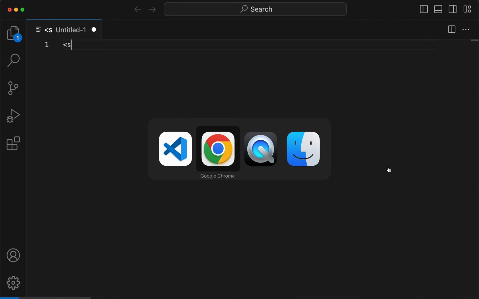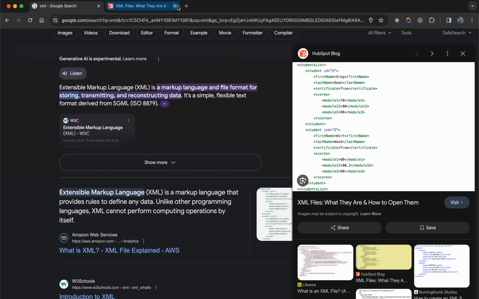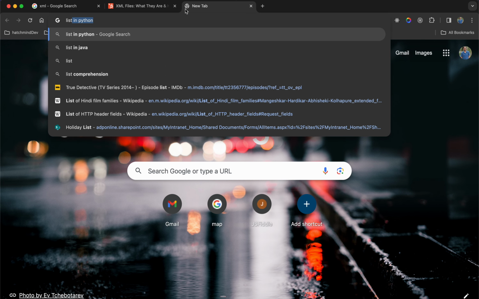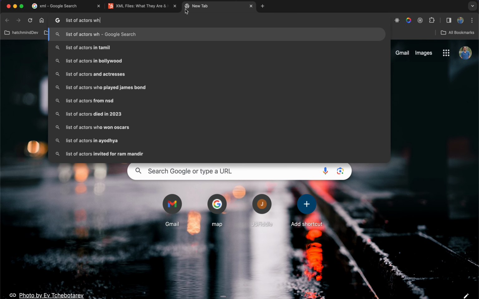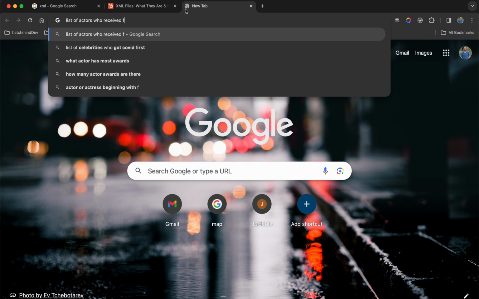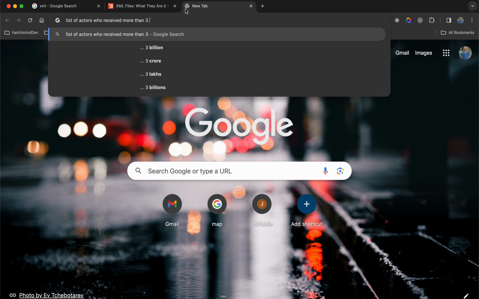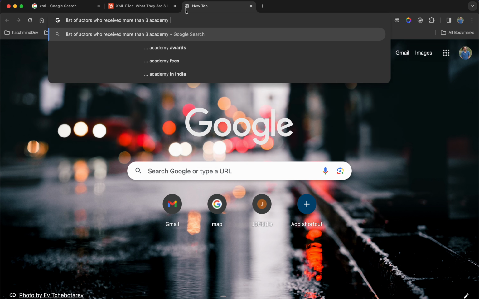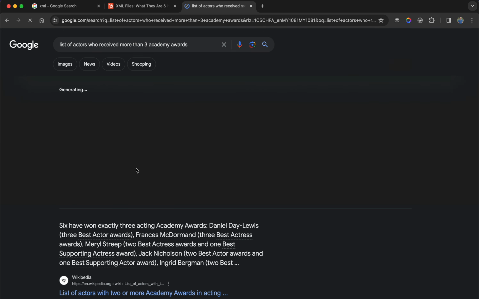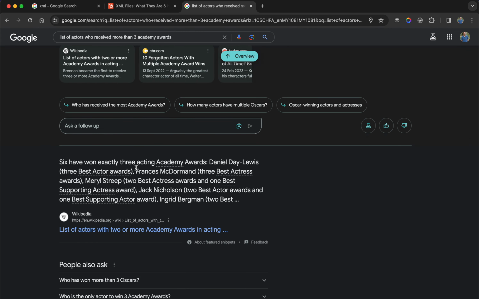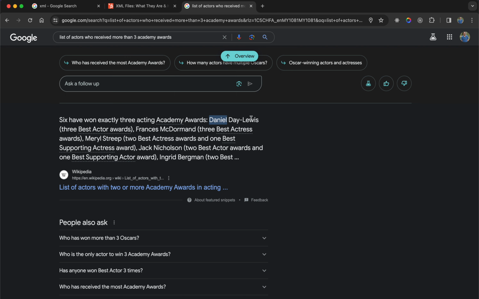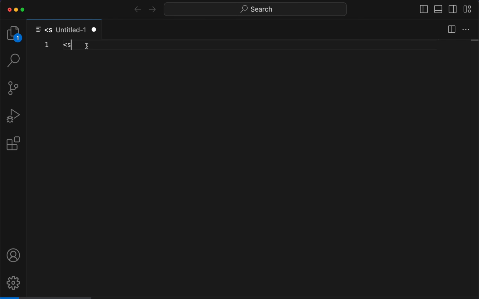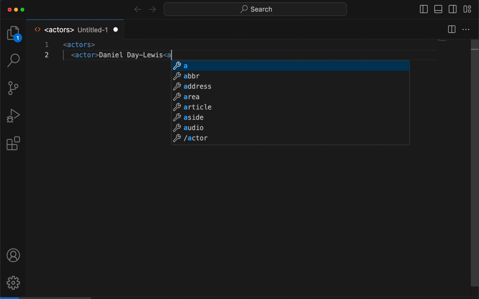Let's say we're going to make a list of actors who received more than 3 Academy Awards. Say this is Daniel Day-Lewis, actors, tab, actor, Daniel Day-Lewis,